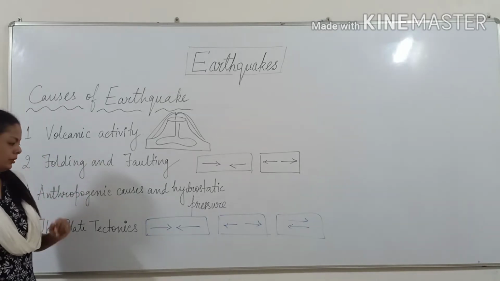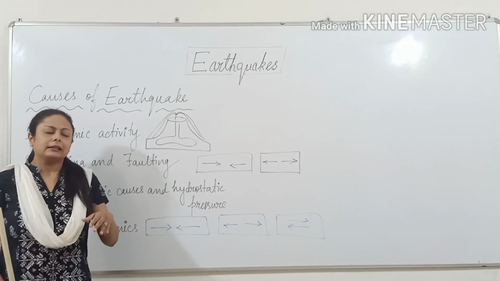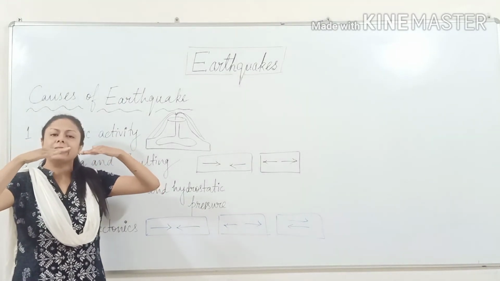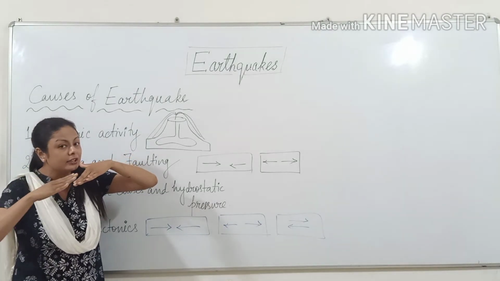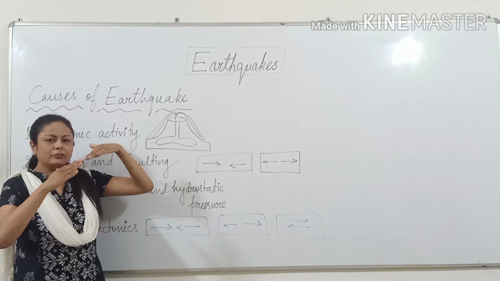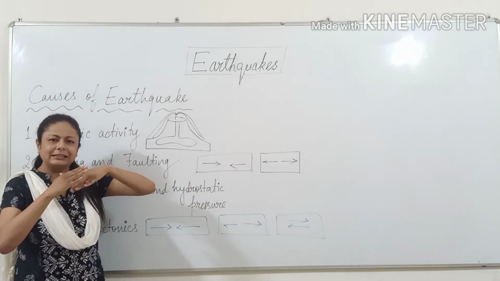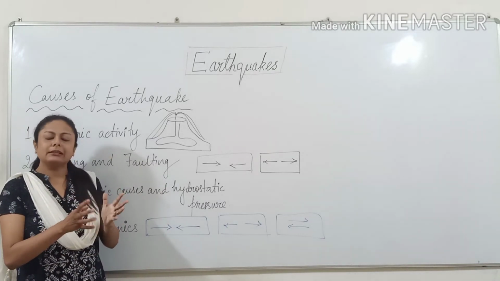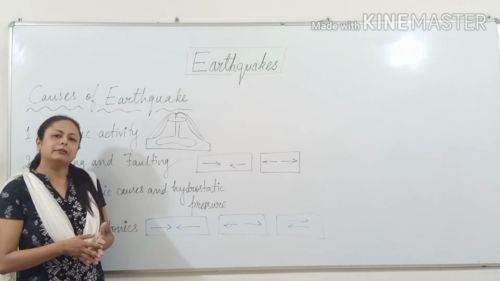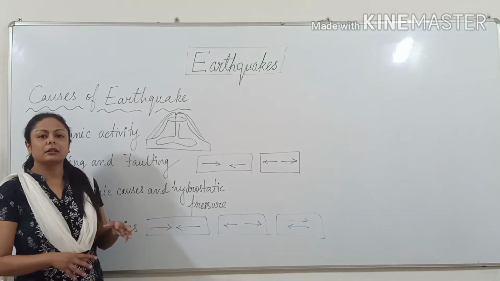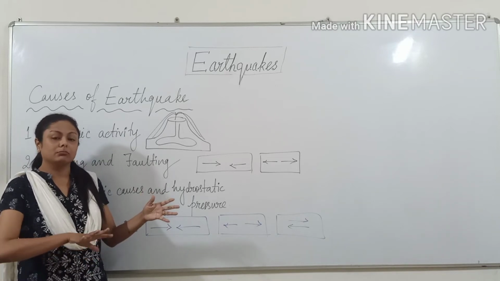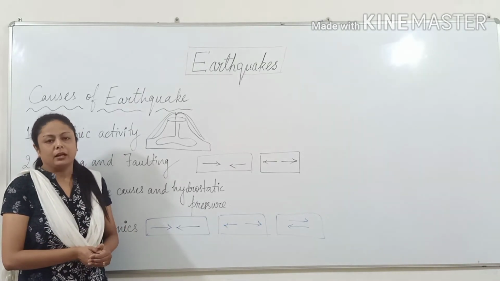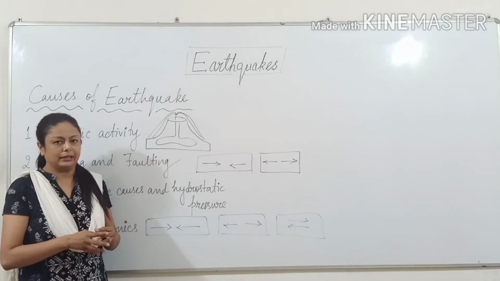If we discuss a little more, when two plates converge, I have told you students that one plate will go below in the subduction zone and another one will override. The part of the plate which goes below, part of it gets melted, because we know as we go deeper the temperature is more, so the solid rock will melt and remain in a molten state. So like this, the earthquake and volcanic eruption both can occur because of plate tectonics, and definitely they occur. Mostly both of them occur together.